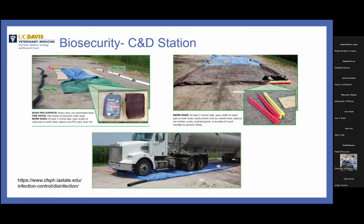But as you can see here, even these milk trucks can drive over this. That way you can stop the vehicle, you can spray the tires. If need be, you can wash the vehicle. Ideally, these vehicles should be coming onto the dairy clean. You can see this picture of this truck is very clean. If they're coming in